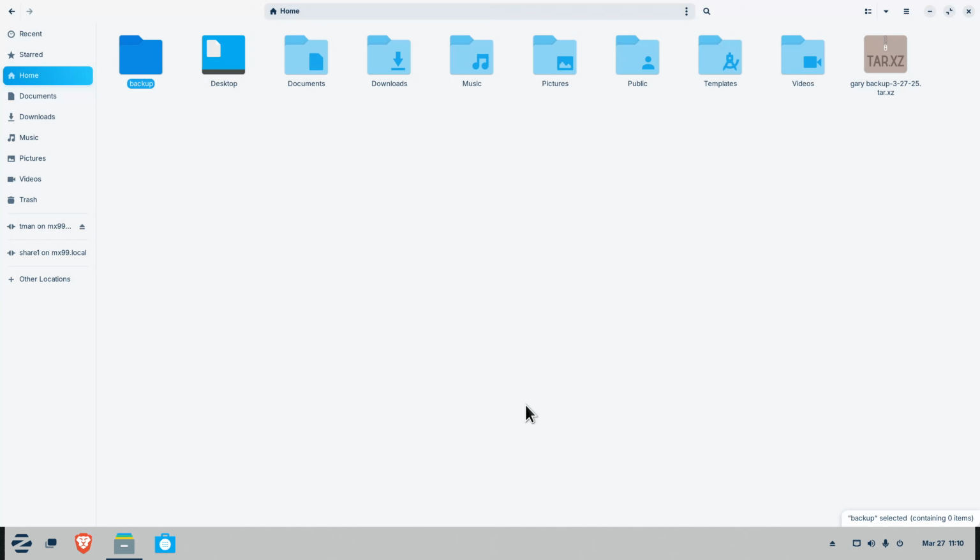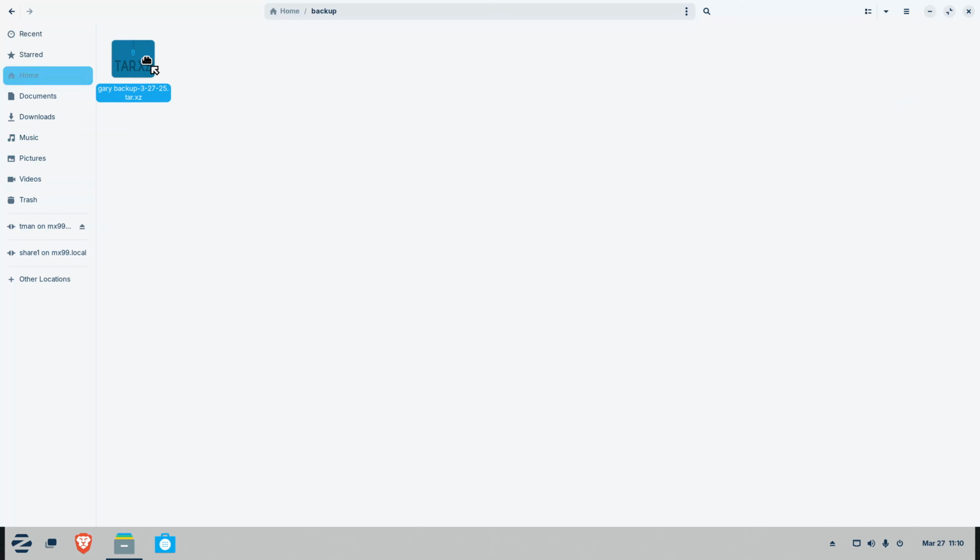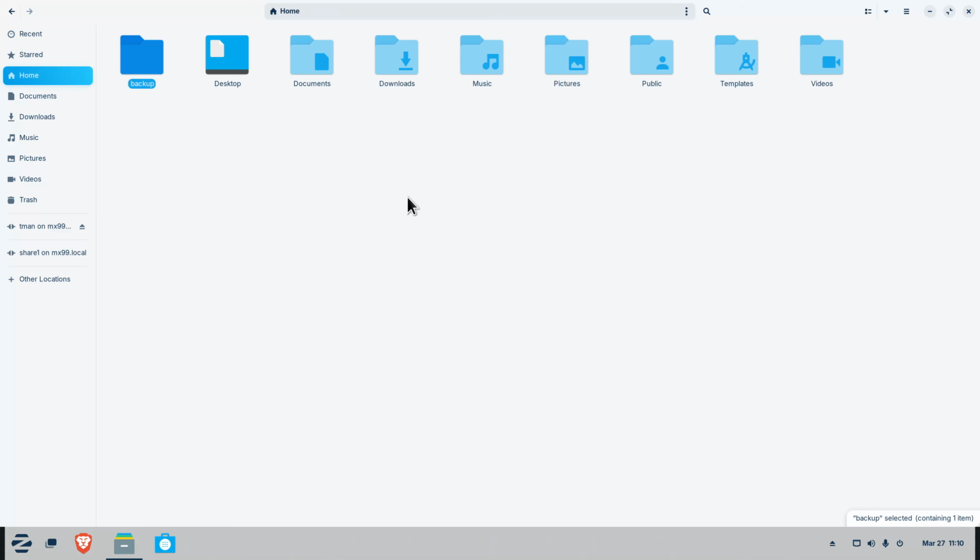And then leave the local copy there. You already have a copy of this on that other SSH, or I do, on the SSH. Now you notice it automatically opened the folder when I did this. Let's go back to the home. So what I did was I dragged the file into that folder. So I have a local copy now, and I have one sitting on that SFTP, Secure File Transfer Protocol, on